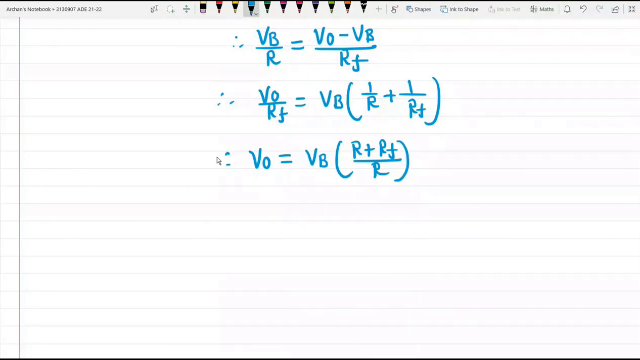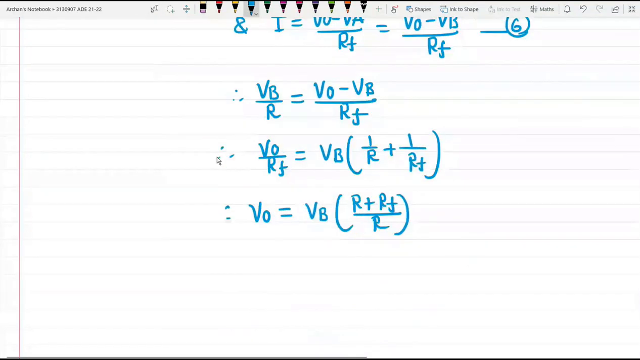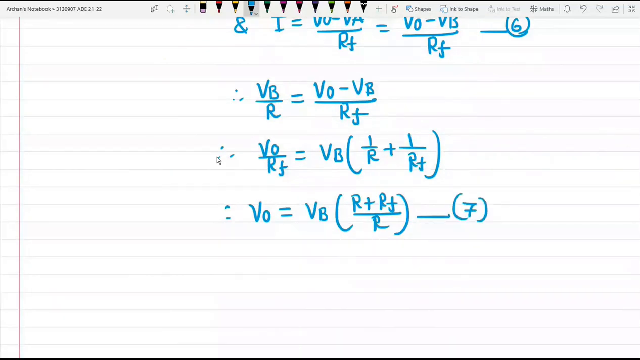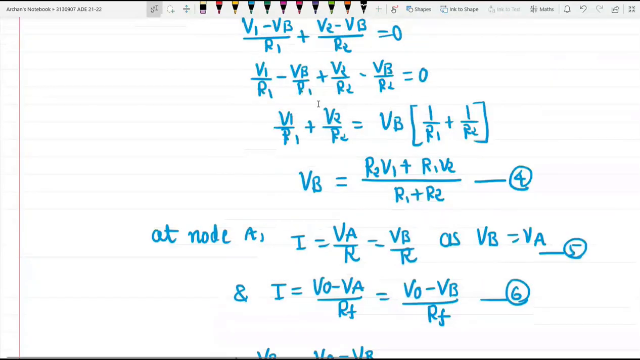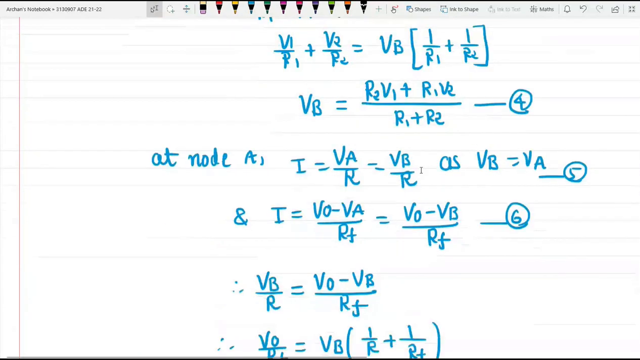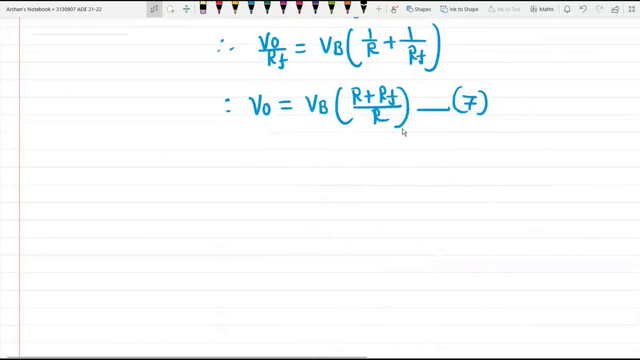Okay. We will call this equation number 7. Now we have one equation of VB. We have derived the value of VB according to equation number 4. So let us put this value of VB in this equation. Okay, so we will have V0 is equal to